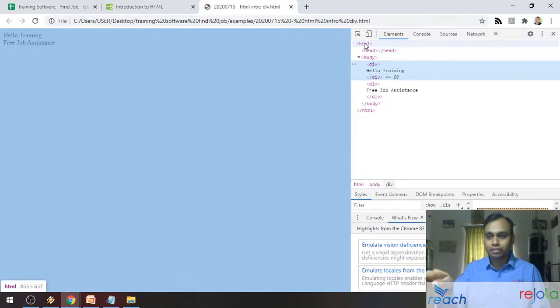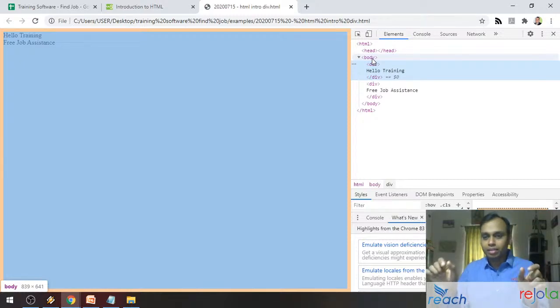The width is 855. If you see at the bottom left where it says HTML, you can see that the width has increased a little bit to 855, and the height has also increased. Now you will see a small difference in HTML and body. You will see a light orange border all through the page, and that is something that HTML places